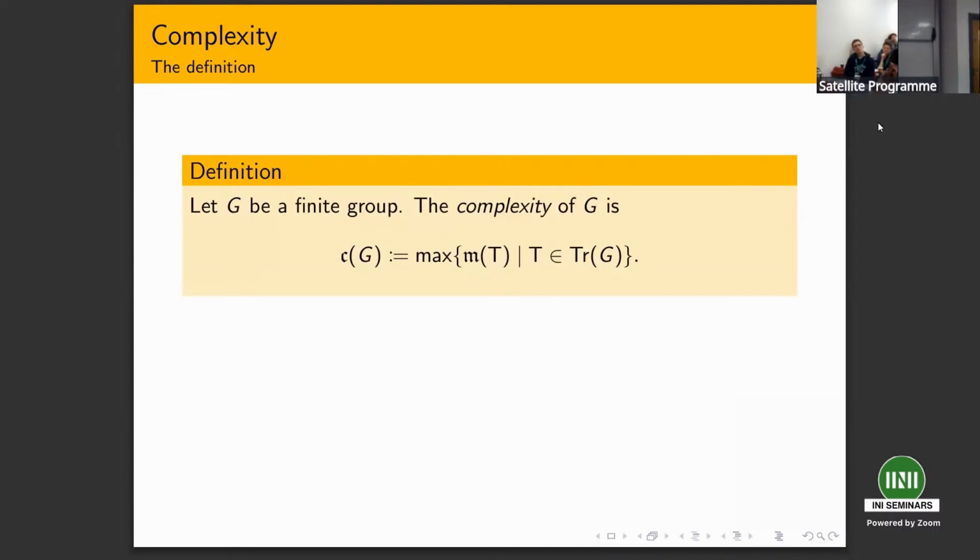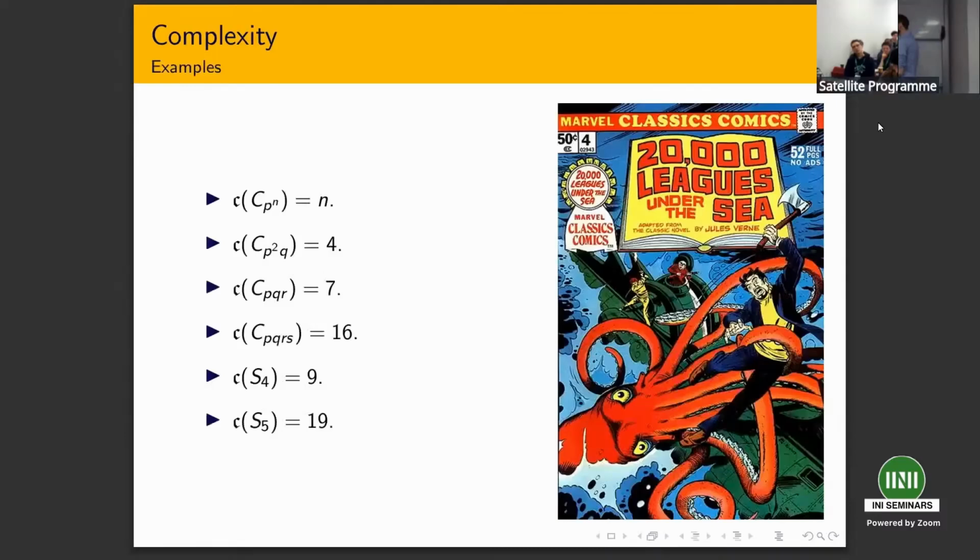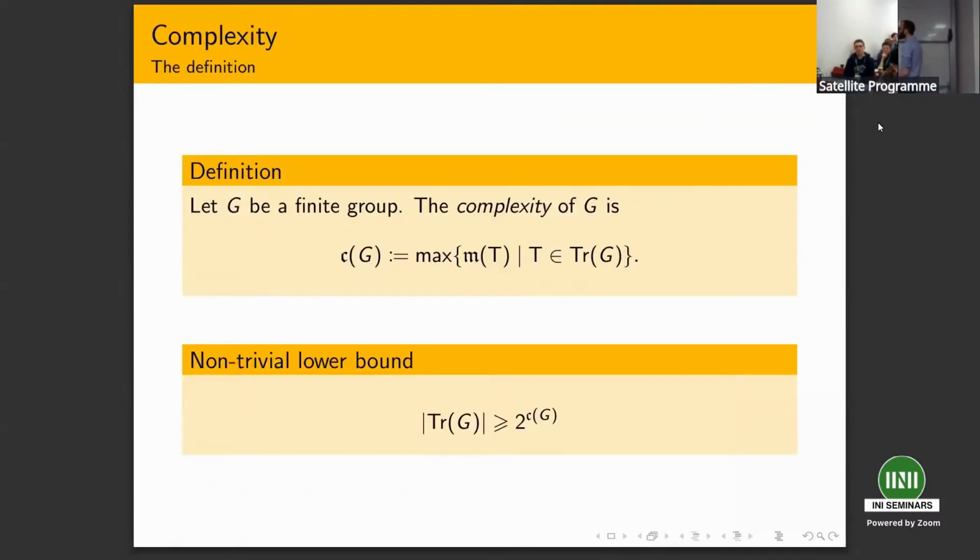So 𝔠(G), the complexity: I look at all transfer systems and I look at the one that has the biggest sized minimal basis. This is some measure of how bad it could possibly be when you're computing these bases. Spoilers for the next slide: this actually gives us a non-trivial lower bound on the number of transfer systems. So the number of transfer systems is at least 2 to the complexity,